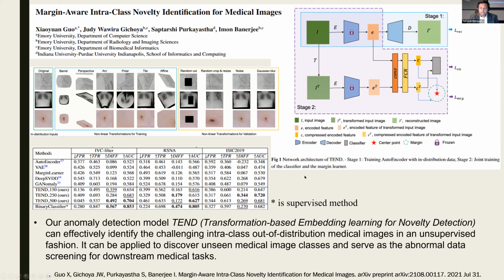So we call this architecture TEND, transformation-based embedded learning, and you identify if something is novel or not novel, right? So these are three different data sets: a chest X-ray data set, a skin data set, and I forget what the third one was, but yeah, three different data sets that we use in three very different body habitus